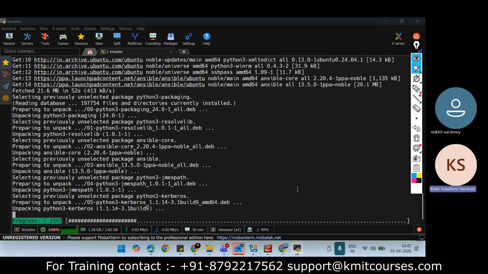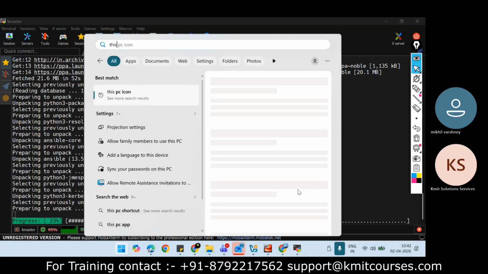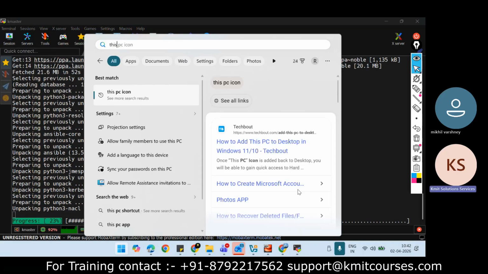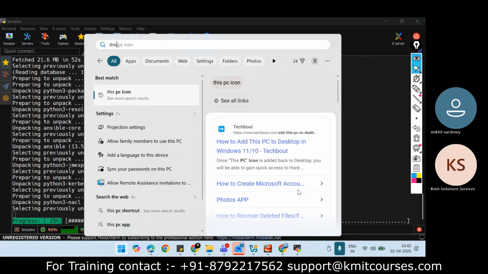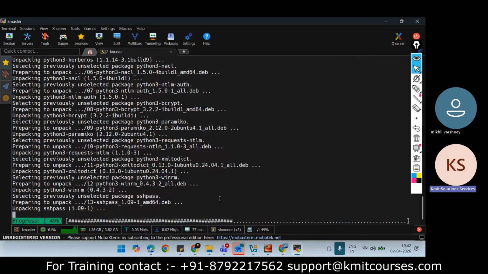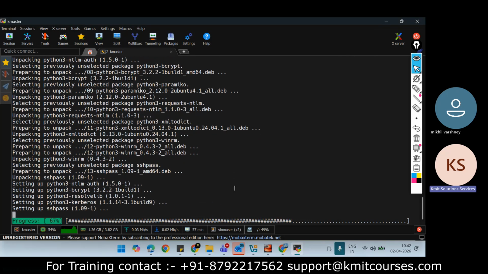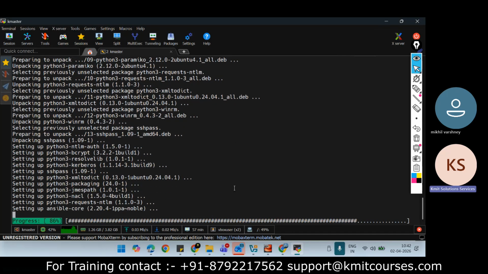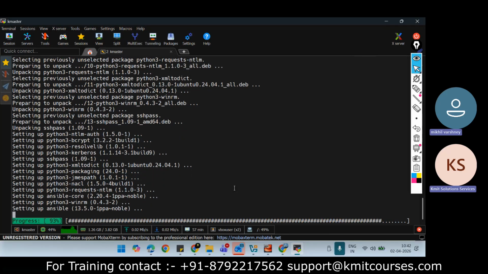Just go to This PC. Sir, I have 16 GB of RAM. Oh, then it is fine. Because if three virtual machines are running simultaneously, they need to use less than 16 GB, or say less than 14 or 15 GB.